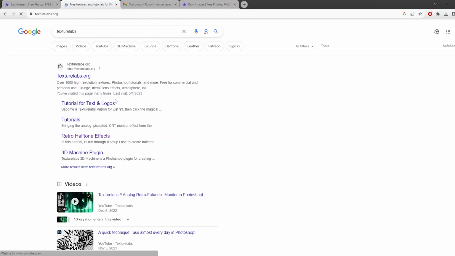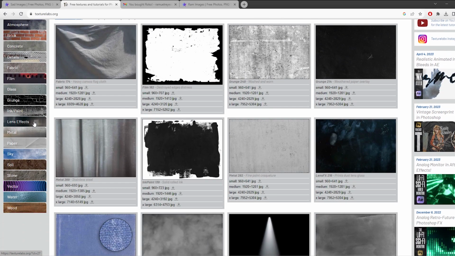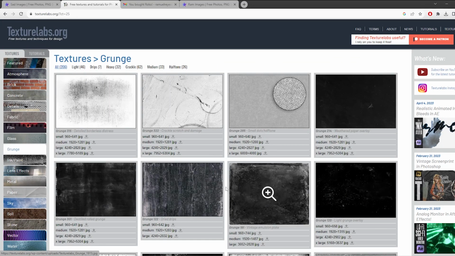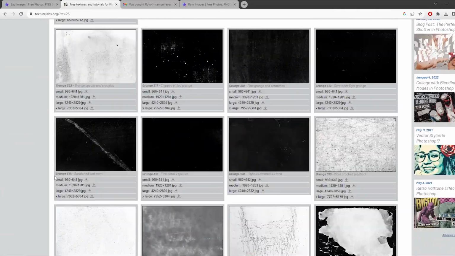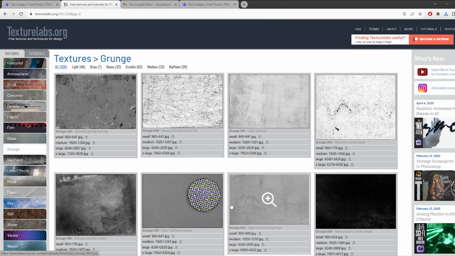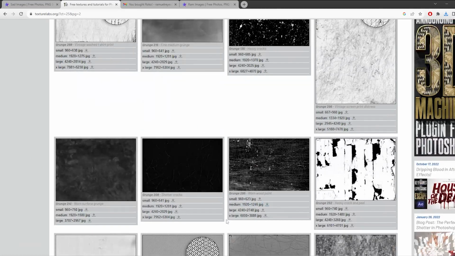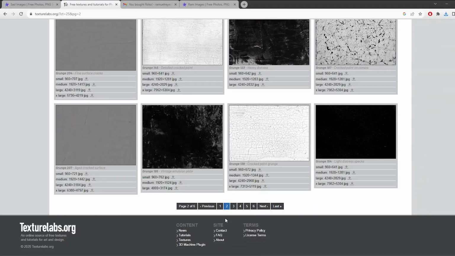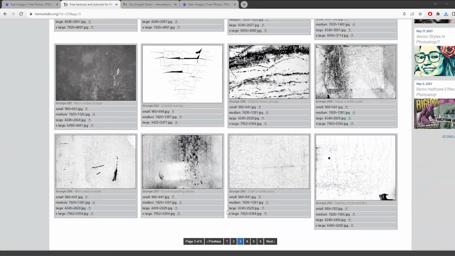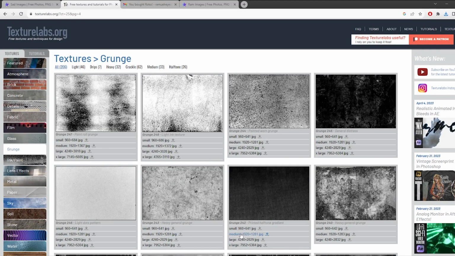And I go to Texture Labs. If you guys want really good textures for free, I know I plug Andre and a bunch of other people's paid stuff, but texturelabs.org is free, and there's so many textures there. Here I'm trying to look for the specific weathered book texture that I know he had, because I've used it for a client before. So I use Texture Labs when I need it, and they have a lot. Like Brady, I think that's his name, Brady Texture Labs. I love when someone's first name is followed by their last name, which is just their username. Brady Texture Labs, very funny, makes me laugh.